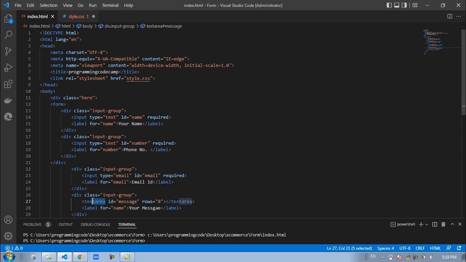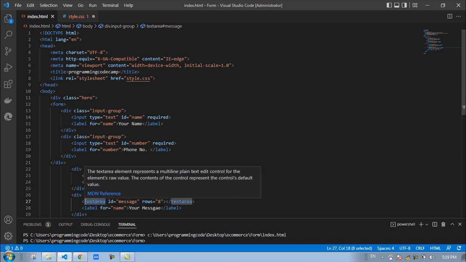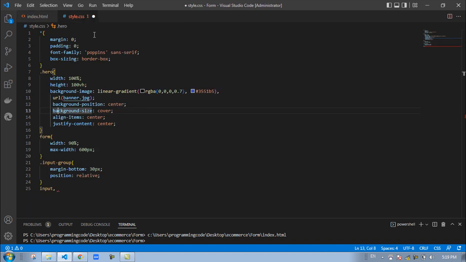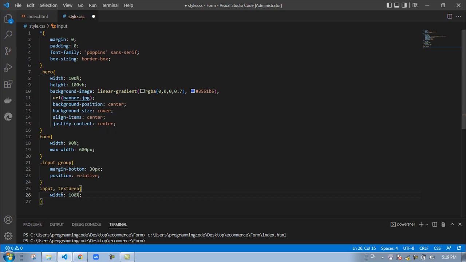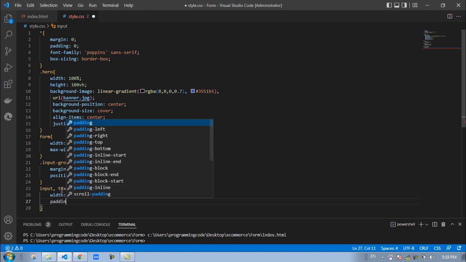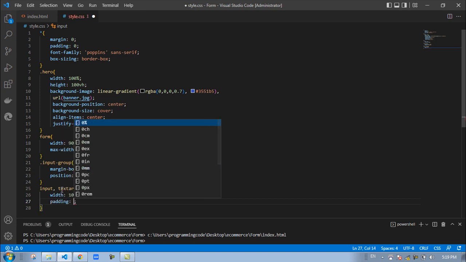We can copy this one and paste inside, open the brackets, and the width is equal to 100%, and padding is 10 pixels for this one,